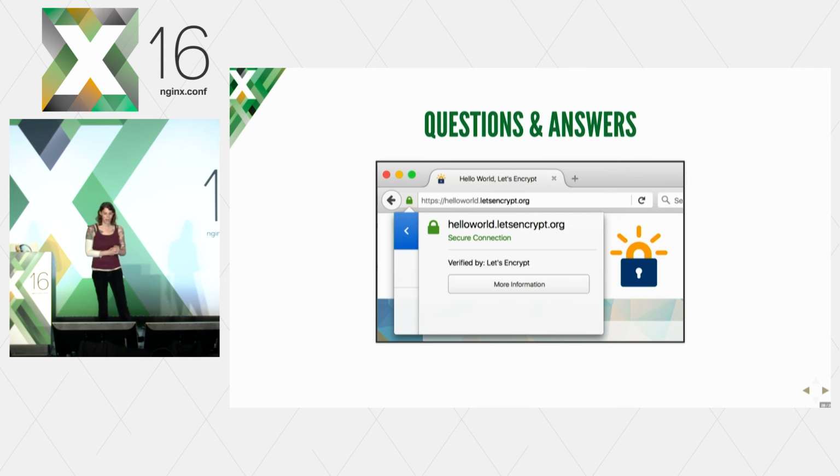I will say that I know Let's Encrypt has a pretty active IRC channel and a pretty active forum, and I know a lot of stuff gets posted there. If you are a large service provider and you want to use Let's Encrypt, feel free to email me, april@mozilla.com, and I can hook you up with contacts at Let's Encrypt that can hopefully keep you apprised of those changes coming in the future.